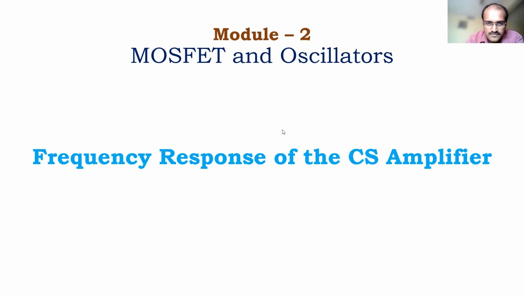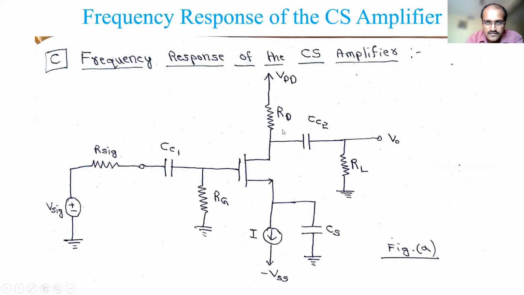First we'll see the same circuit, the common source CS amplifier. This is the circuit we saw very first. The source is common between the gate and drain. At the input side you have RG and the coupling capacitor CC1, and this is CC2 and this is the bypass capacitance CS. You have the load resistance RL and RD connected here, and V signal with R signal is connected. This is the same picture; I have not modified anything.